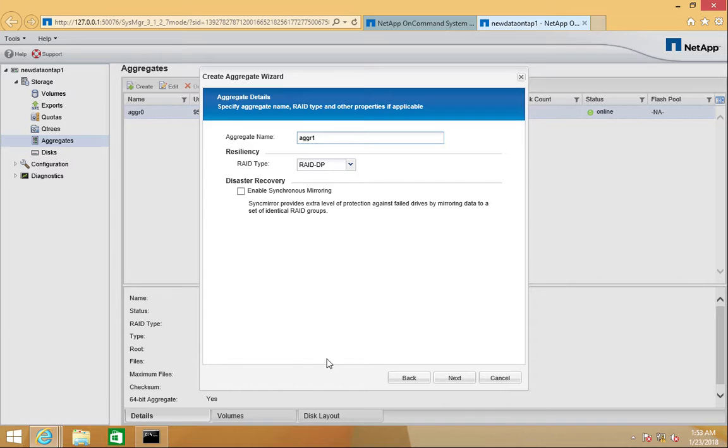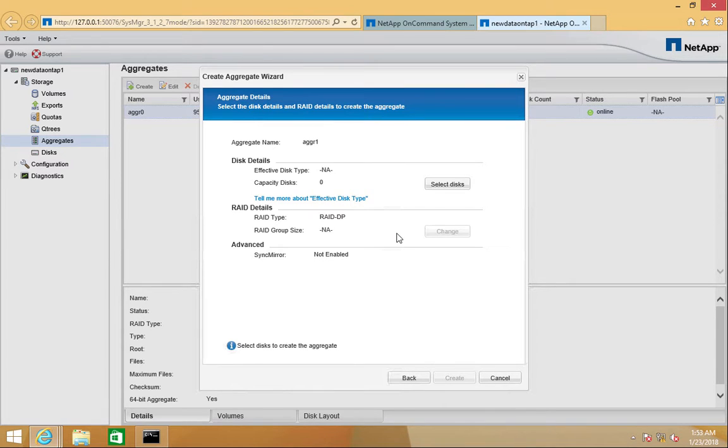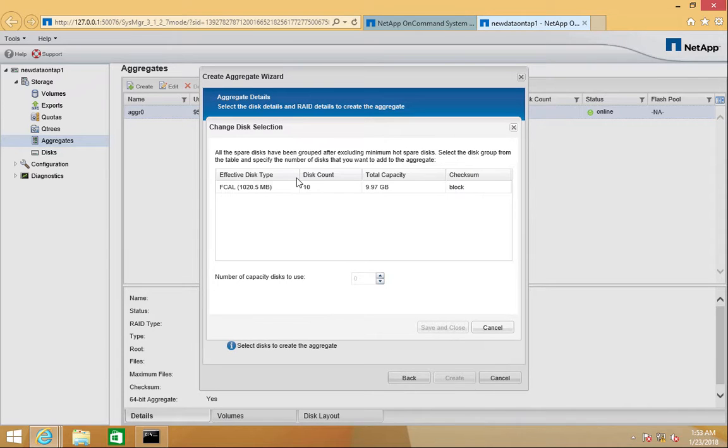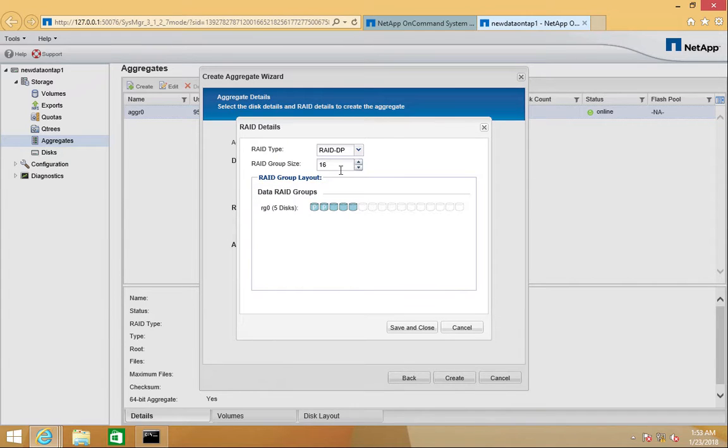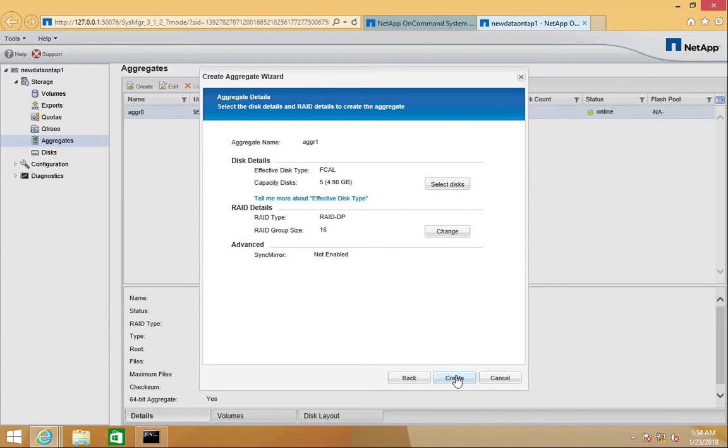We leave this as default and click on next. So here we actually have to select the disk. So we click on select disk. We choose FCAL. It has a total capacity of 9.97 GB. That's really good. We don't need 10 disks. We're gonna go with 5 disks. So we click on save and close. You can check out the details over here. We see that it's all good. Save and close. Click on create to start creating the aggregate